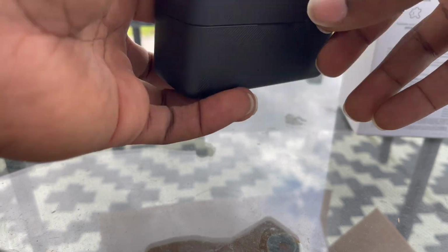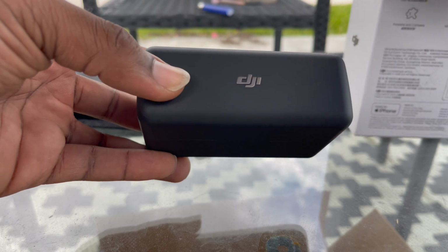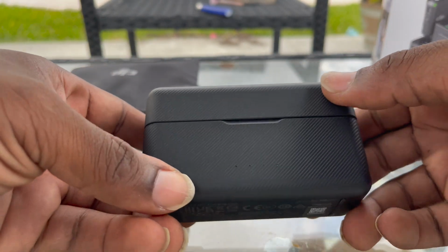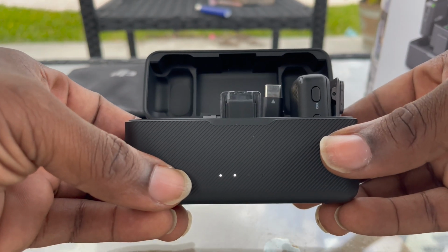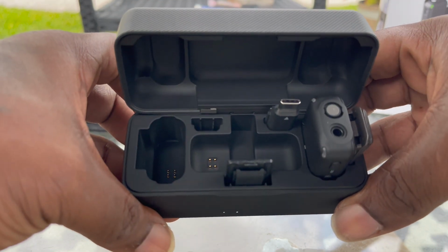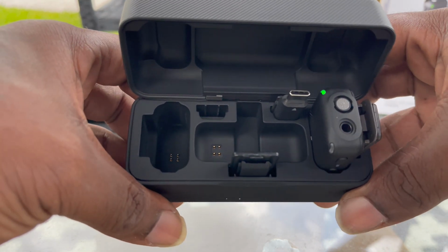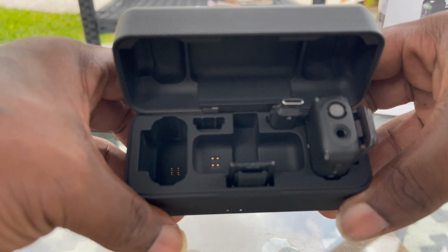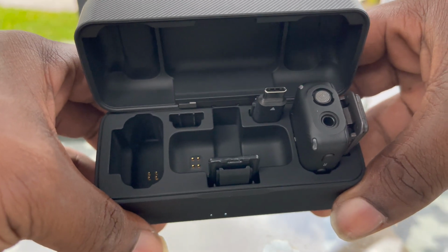So just one final look at the DJI mic, wireless mic system, and we got this charging case. When you open it, you got the indicator on the front, letting you know exactly where your battery's at. This is fresh out the box, so of course it doesn't have a battery. I would show you the transmitter again, but the transmitter is currently on my phone, which is also on my DJI OM 5,